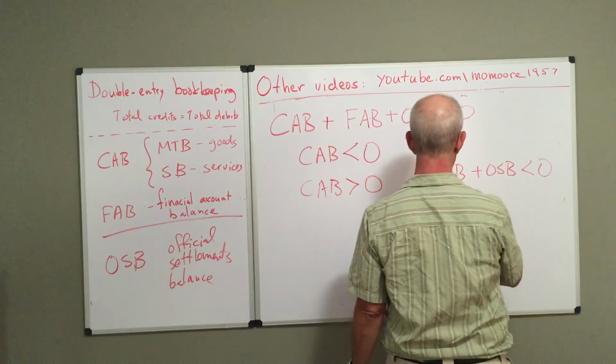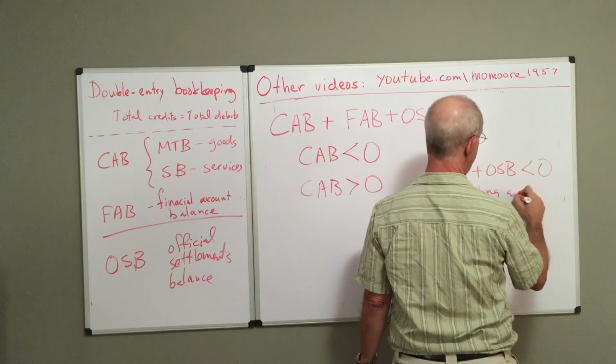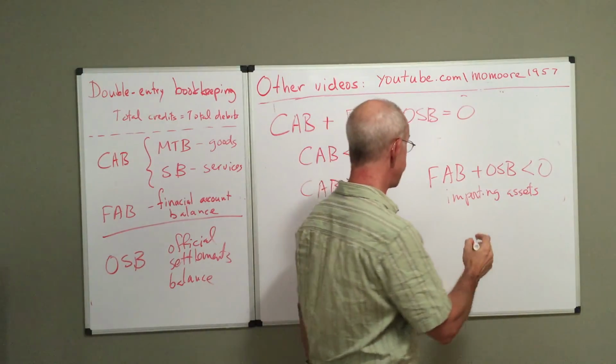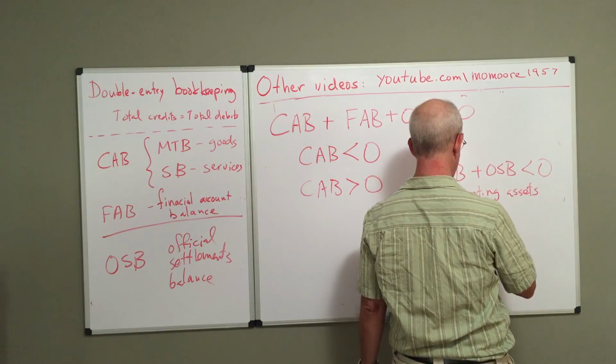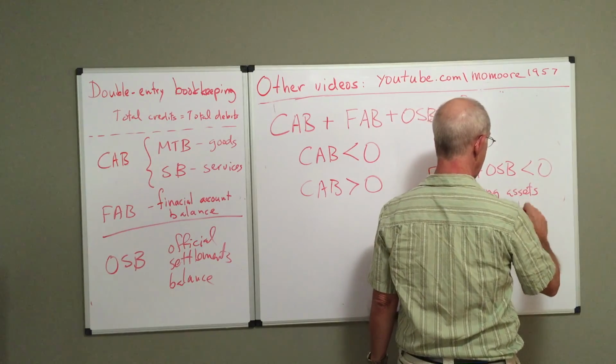So you're importing assets, importing claims to future income. In other words, the country is an international lender